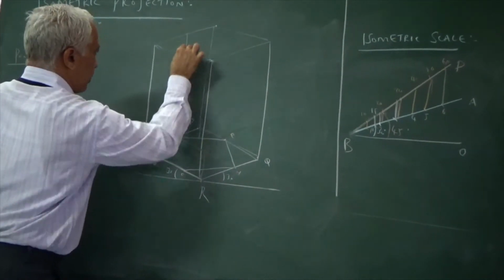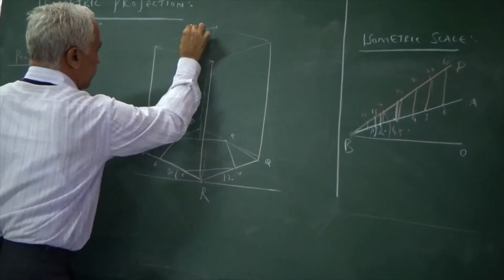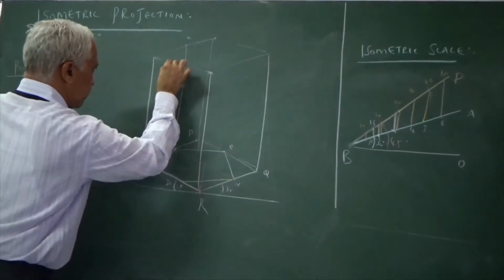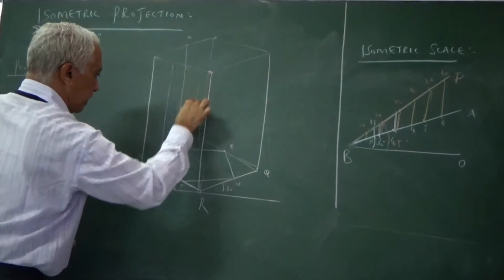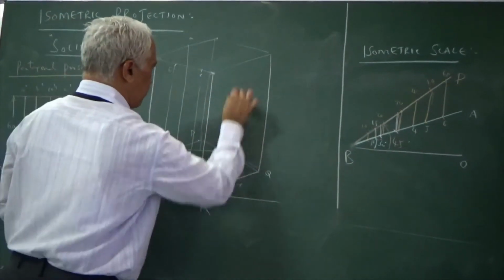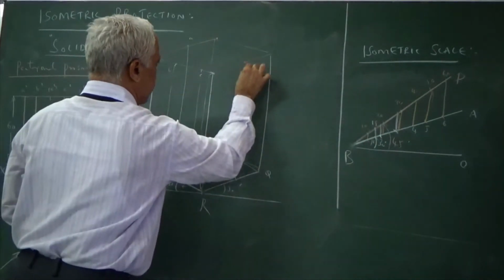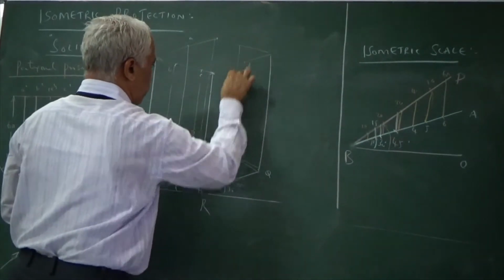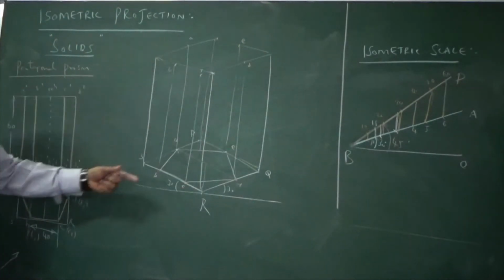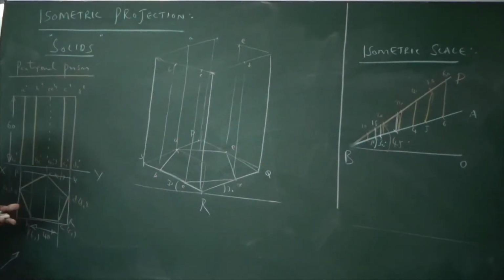PSA onto that face is your point A. SR is this face, B and C. So from these points B and C, draw parallels. From D, draw a parallel line, that is D. From E, draw a parallel line, that is E. So I can directly transfer the pentagon points to the top base also.